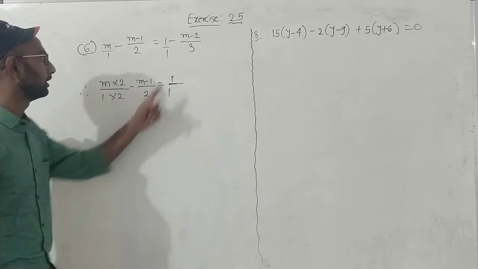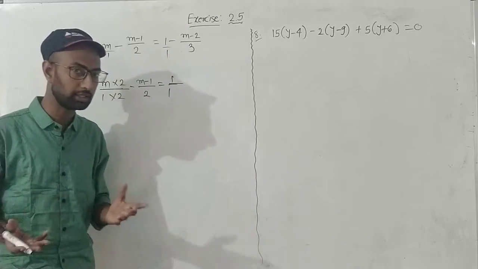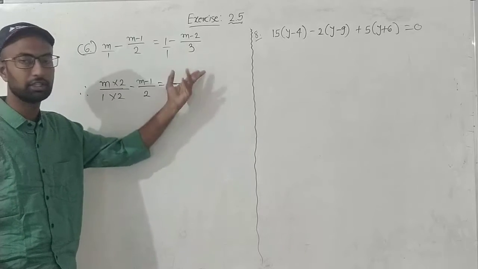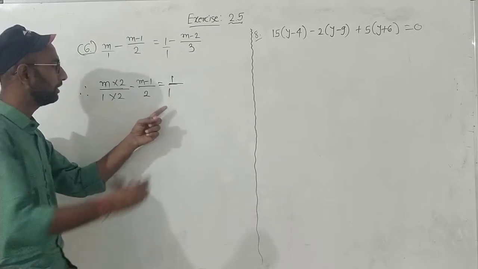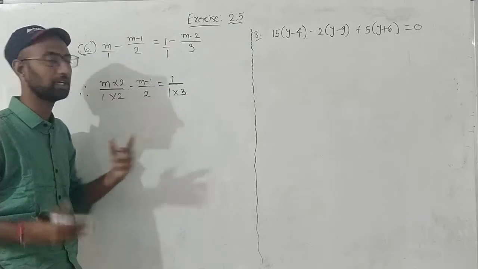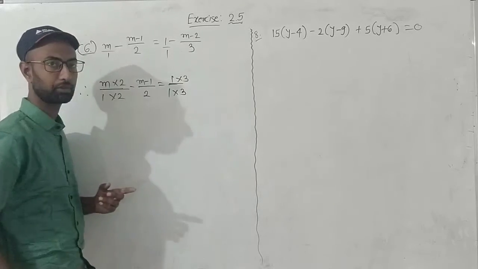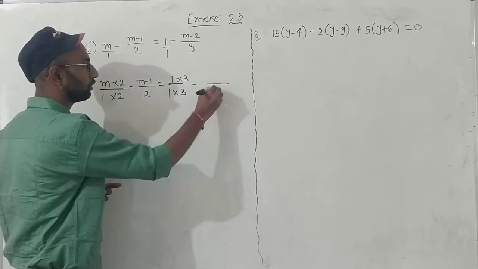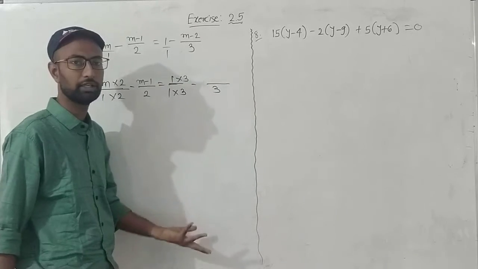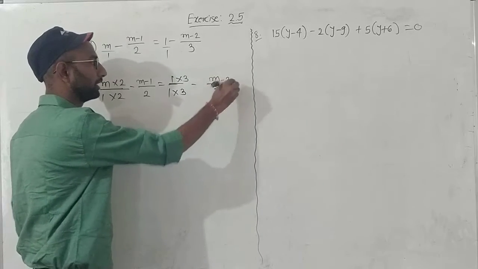Here you can see the LCM of 3 and 1. 3 और 1 का LCM होगा 3. So I will have to bring 3 here and 3 here. But here 3 is already given. So I will multiply 1 with 3. So 1 3s are 3, I will get 3. Same number you need to multiply in the numerator. Here 3 has been already given, so we don't need to do anything. हमें कुछ भी करने की जरूरत नहीं है. m minus 2 numerator is as it is.